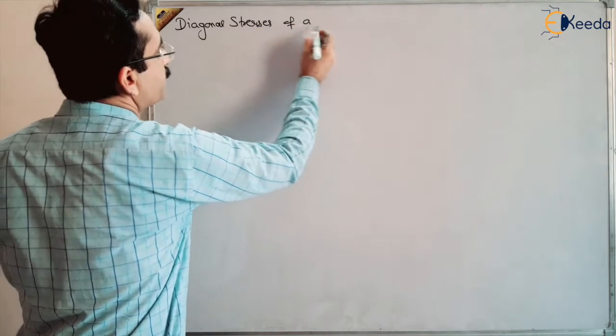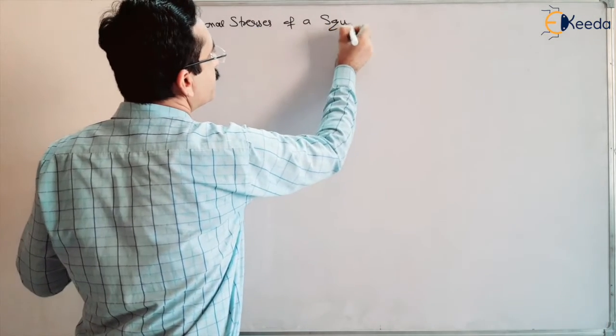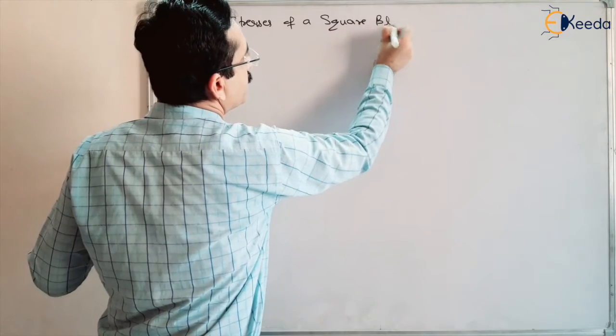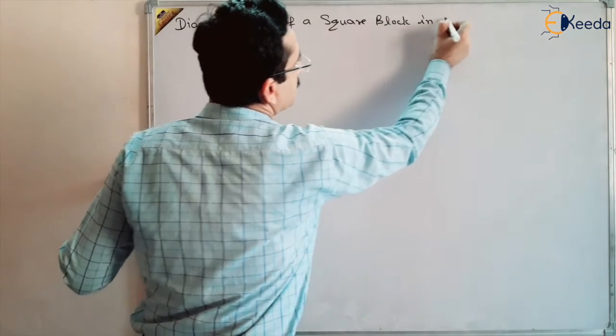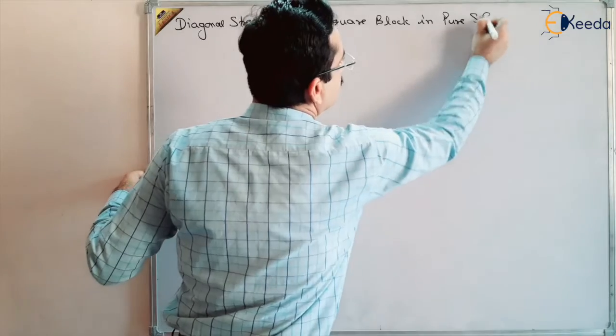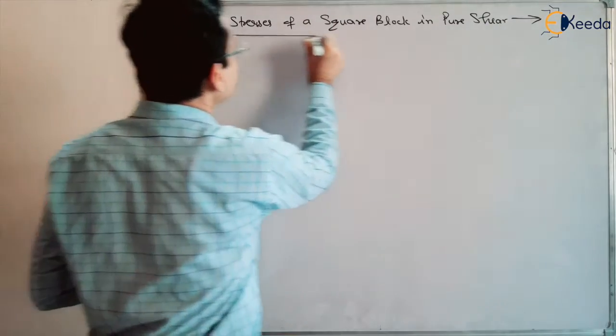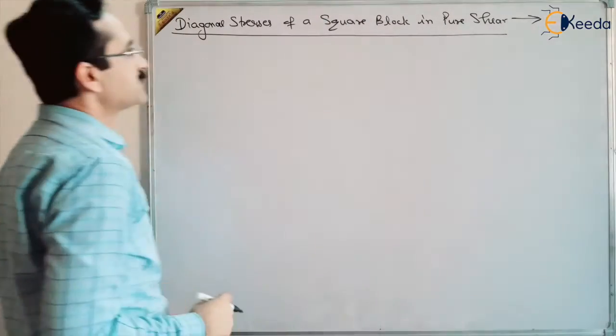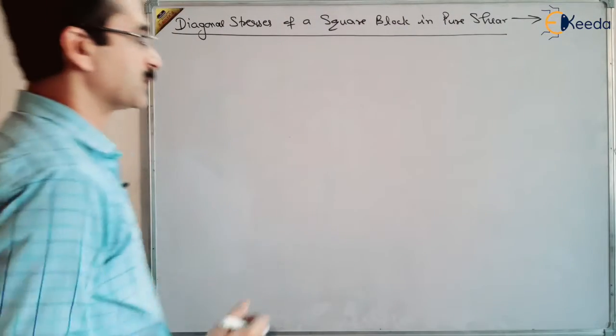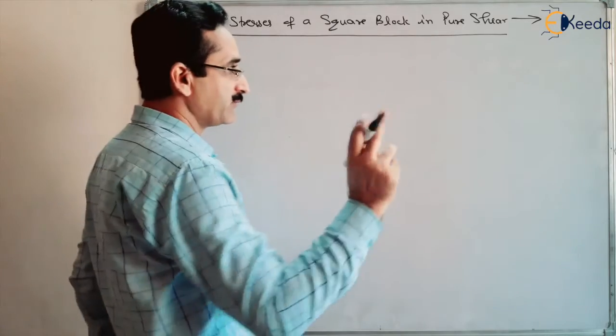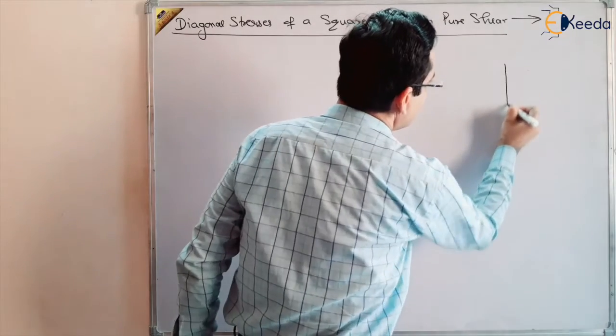of a square block in pure shear. This we want to study. Diagonal stresses of a square block in pure shear. We have already read that if there is a square block,